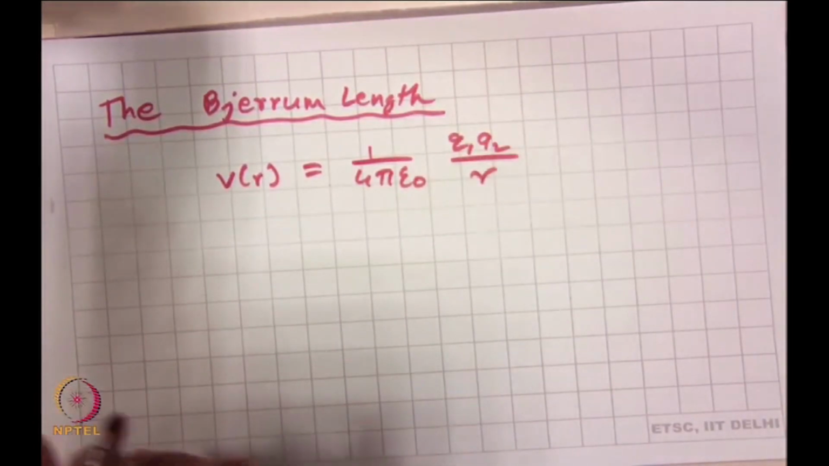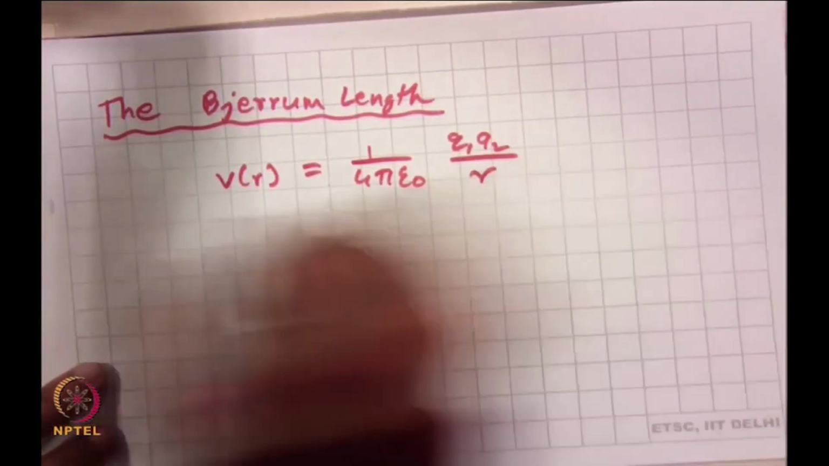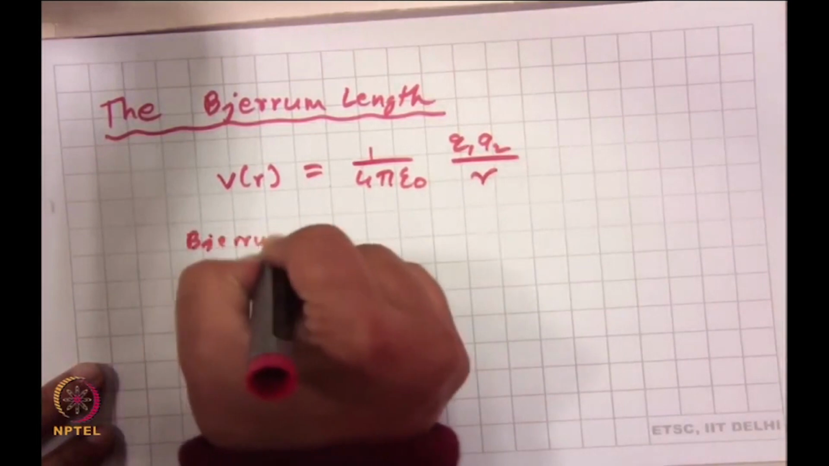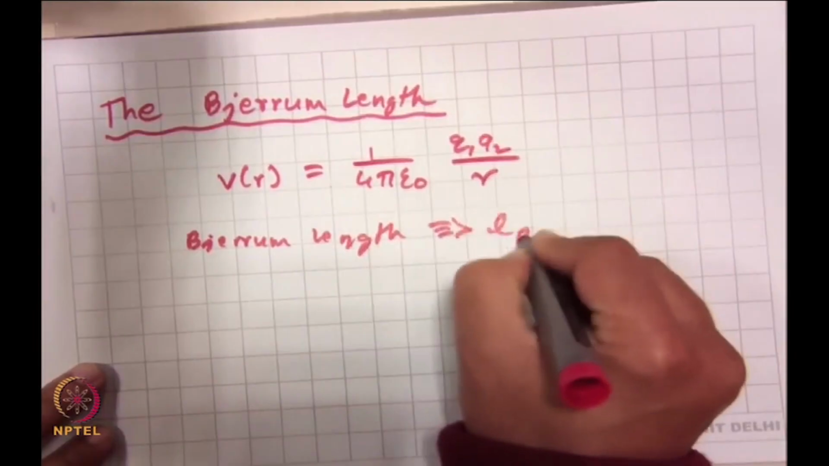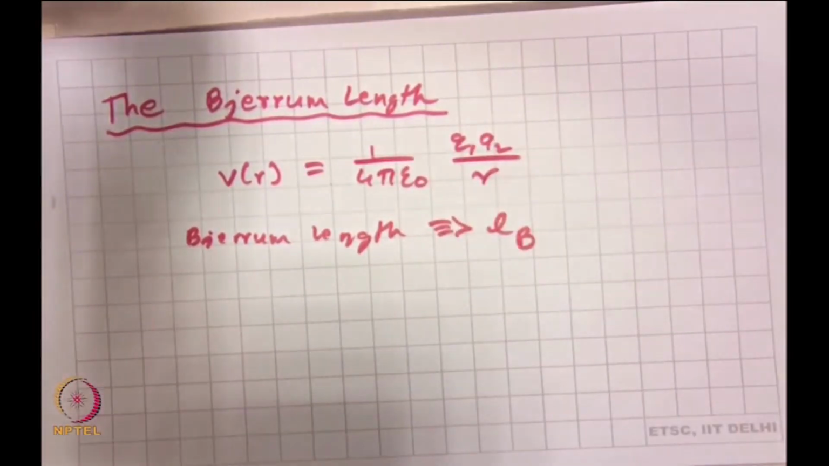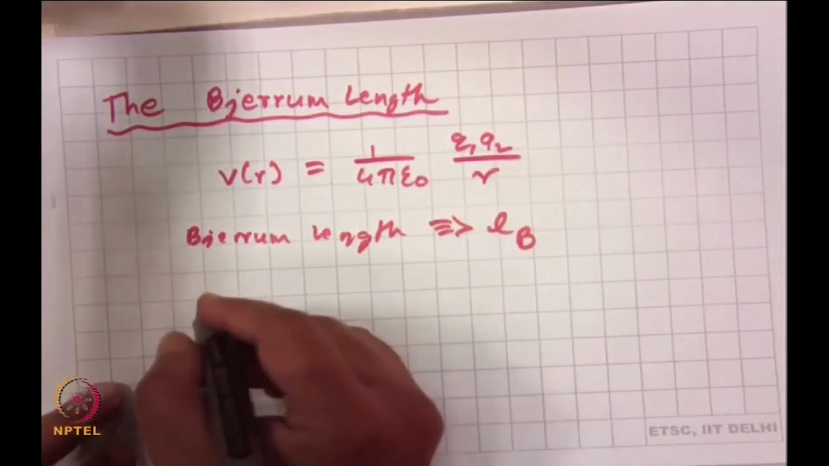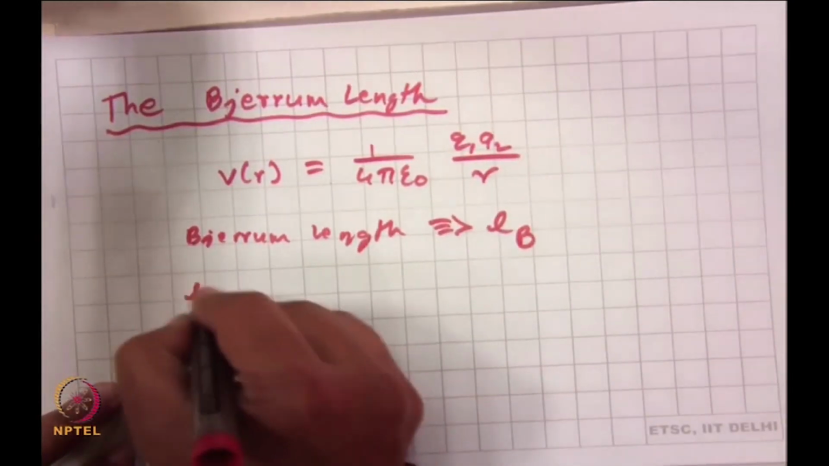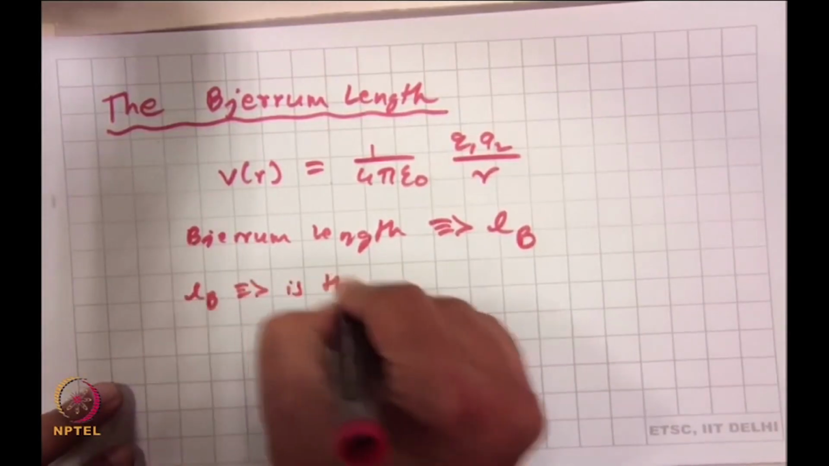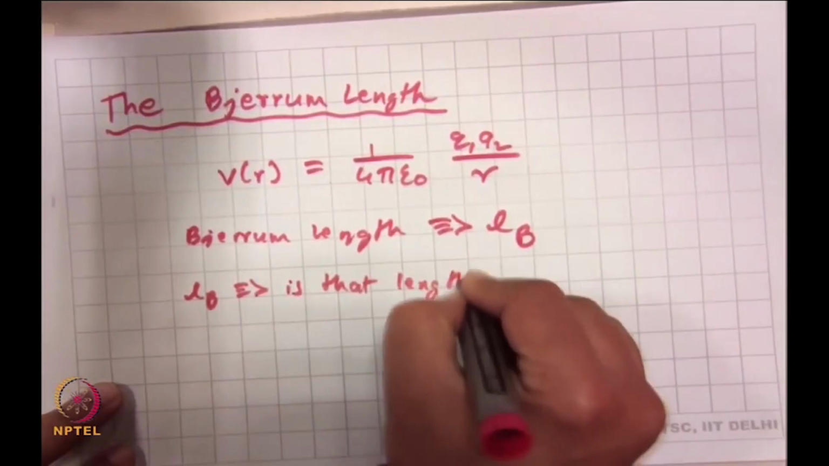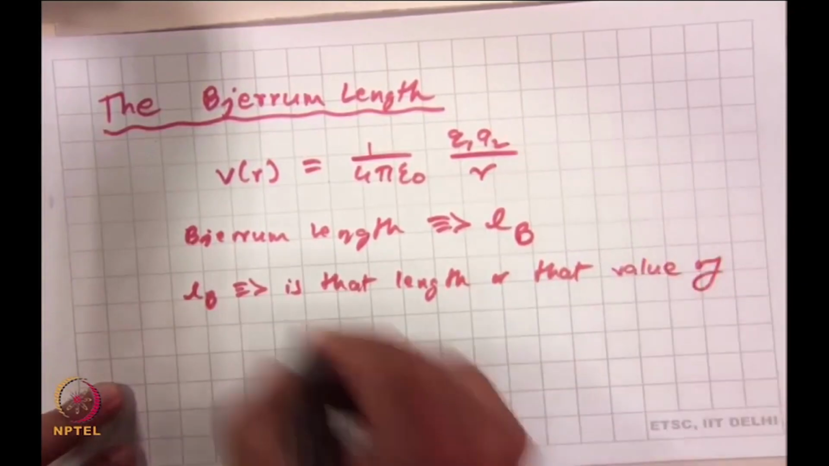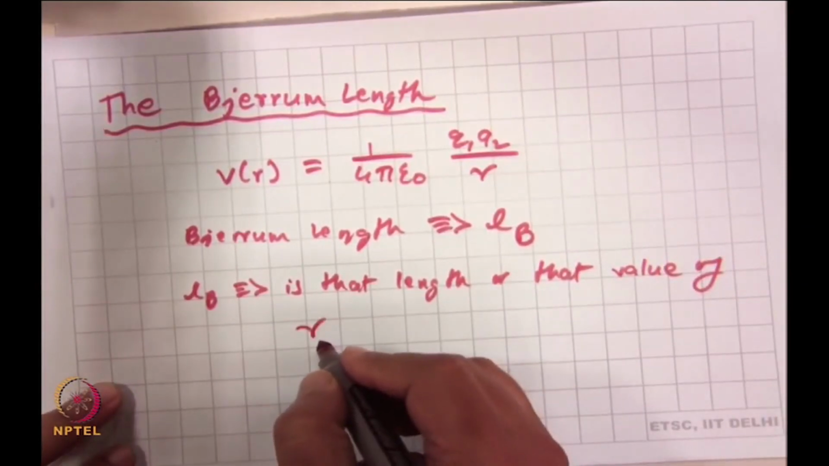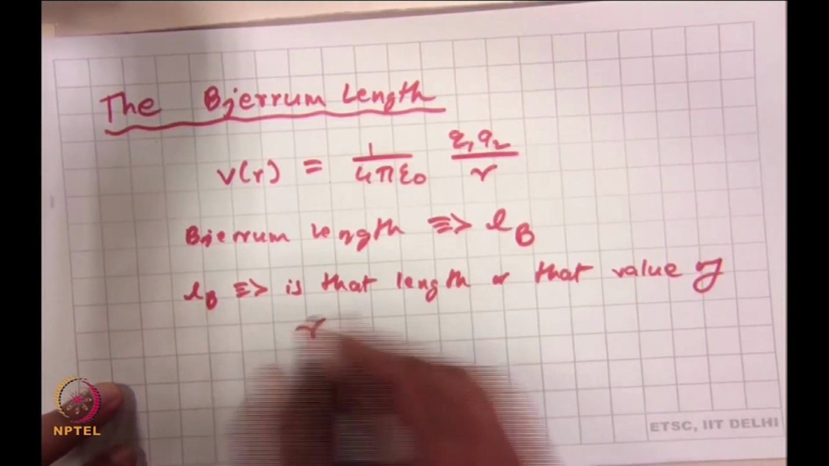Now what does the Bjerrum length say? The Bjerrum length is given by this symbol, L_B, okay, where B stands for Bjerrum, right. So this L_B is that length, or that value of R, where R is the separation between the two charges q1 and q2,